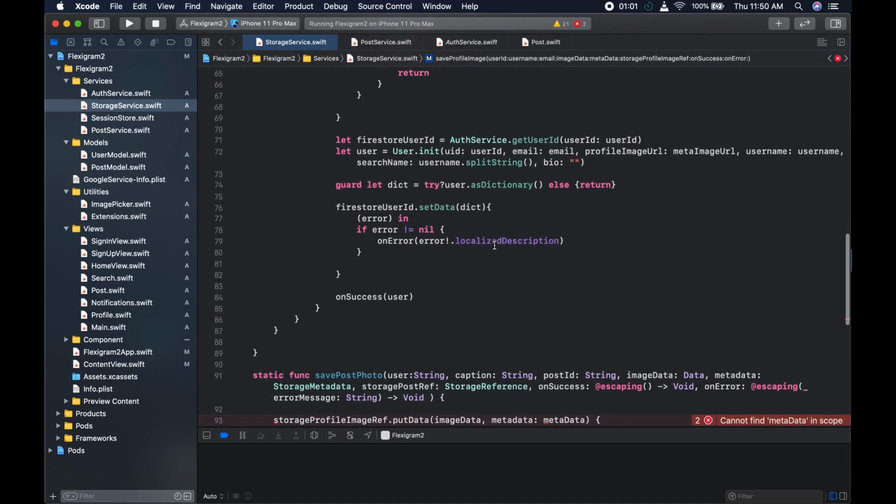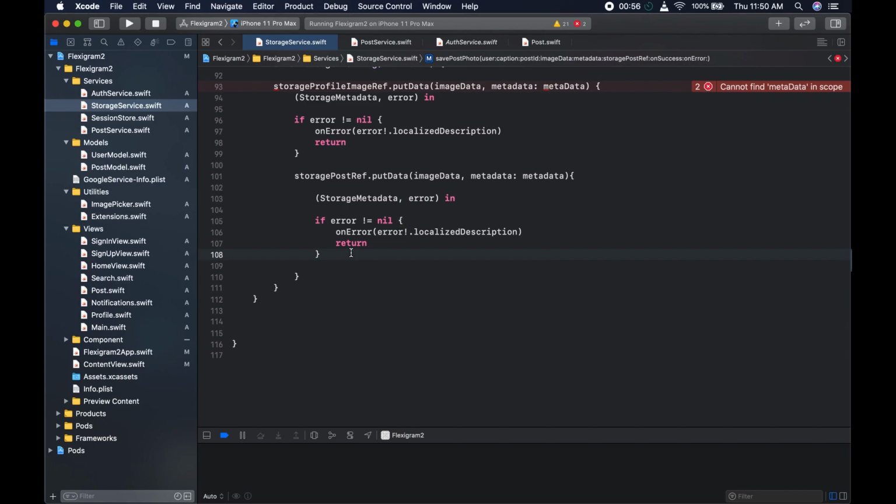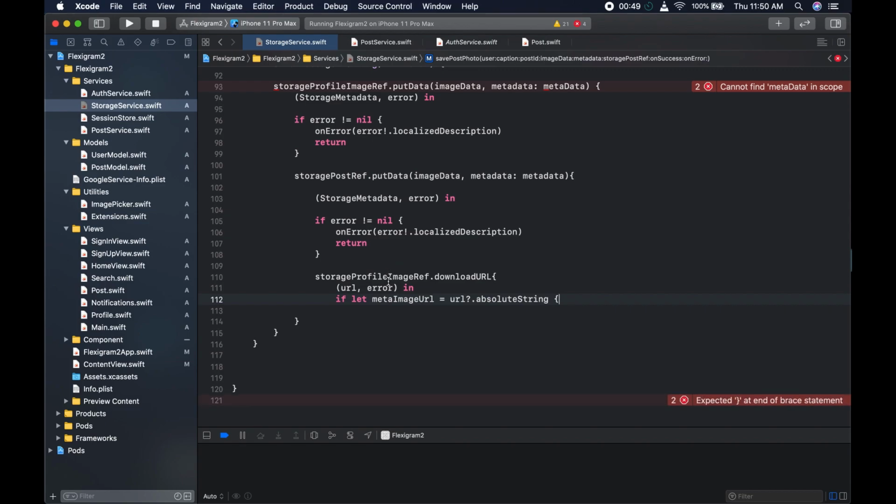Copy and come down here. Where is it? After return, if there's no error, we're going to paste this, and it's going to say storage post ref, right? Not profile image. We could say storage post ref, like so. Storage post ref dot download URL, and it's going to get the URL and the error